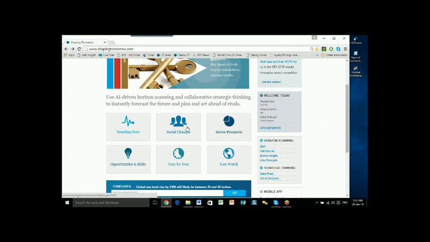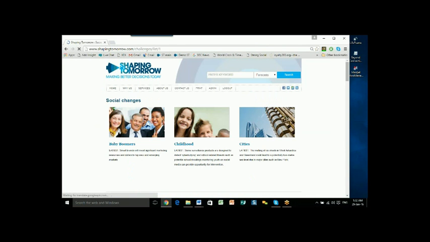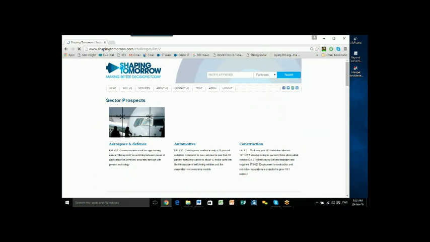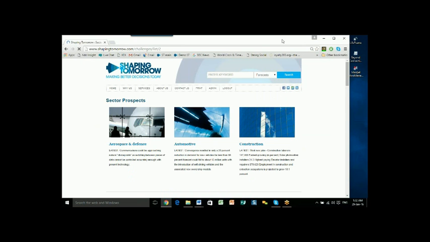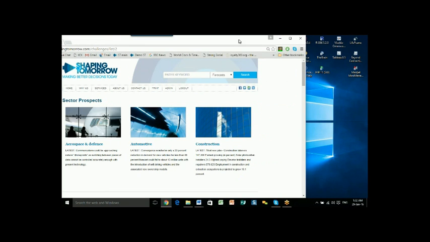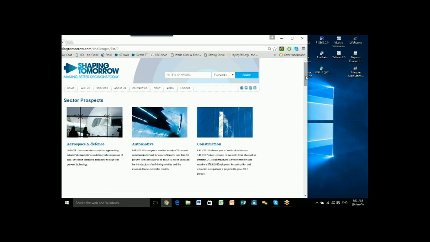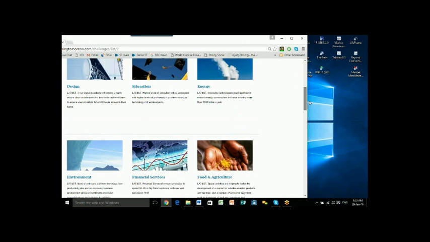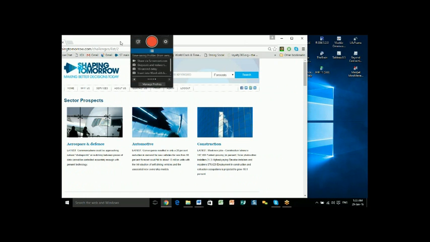Well, then somebody said, well, not just social changes, Mike, or global challenges, let's have sector prospects as well. So here you can go, and I'll show you tomorrow, and you can see the sectors that we have previously defined. Let's move that there. So again, you can do the same thing. They're all pre-set up. So what started out as the idea of being philanthropic and helping people with global challenges has expanded into various sectors. You can also here